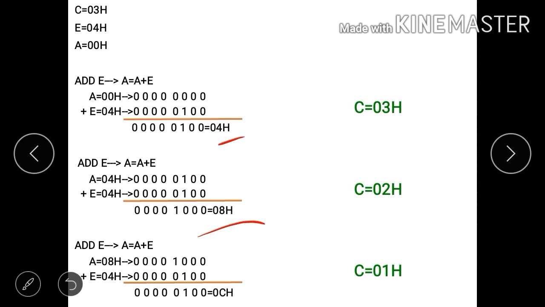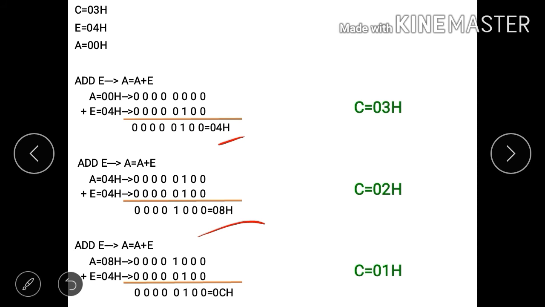So again we will add the content of the accumulator and the content of register E. The content of the accumulator is 08H, the final result of the last addition, and the content of register E is 04H.